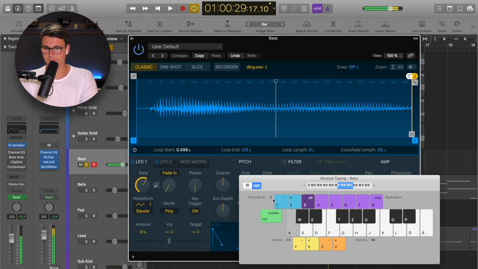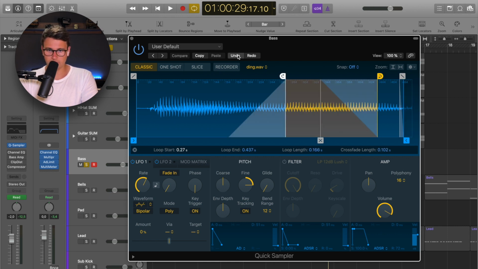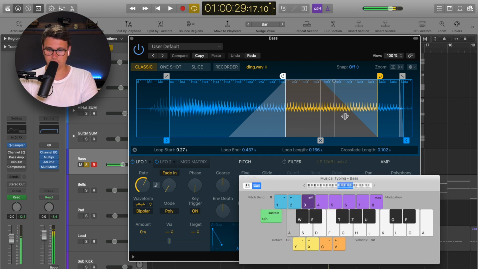Ding, ding, ding. I wanted to have a bit of a tag in the beginning, so somewhere here. And then I looped the end so that it's continually playing the same note. And that sounds like this. And if you put it a few octaves down,